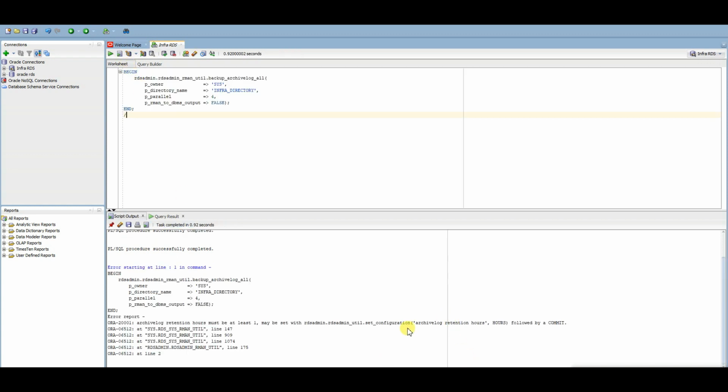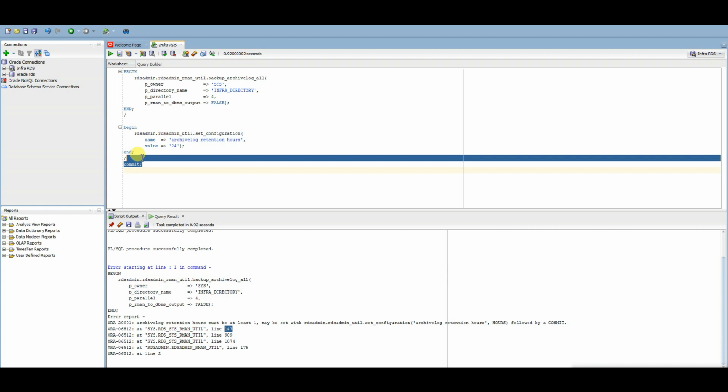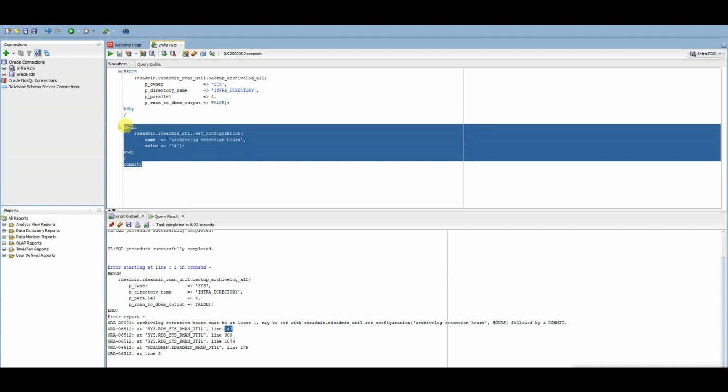See, the retention has not been set for this, because of which it failed. So let us first set the archive log retention. Let us run the below command to set the archive log retention to 24 hours.